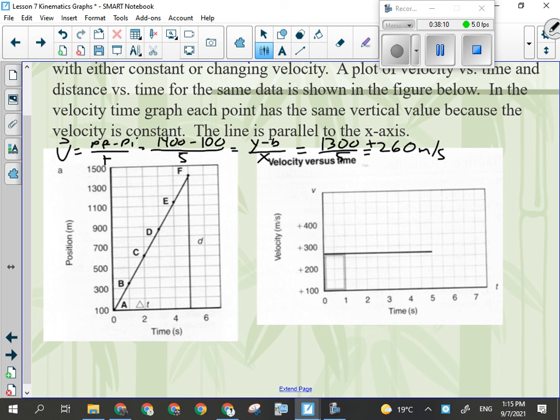You may have memorized this in Science 10. You calculate the displacement on a velocity versus time graph by calculating the area under the line. Does that sound familiar? Okay, I don't want you to memorize that. If it doesn't sound familiar, good, then you didn't memorize it, and I don't have to fix anything. Okay? Now,